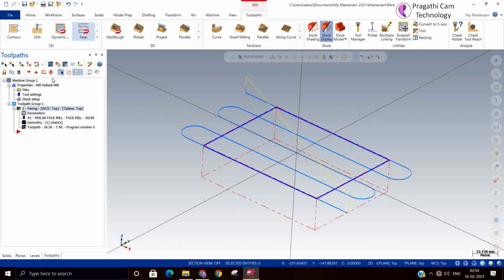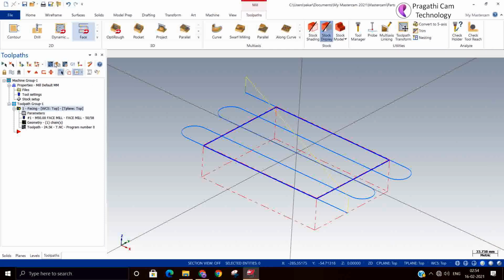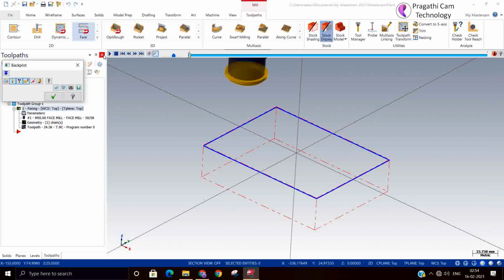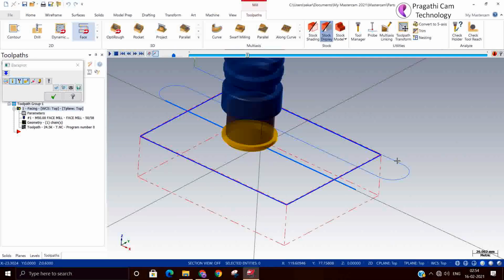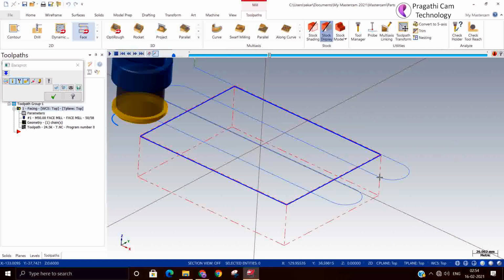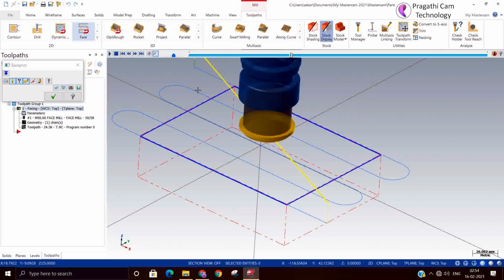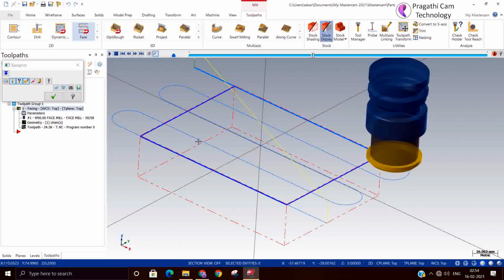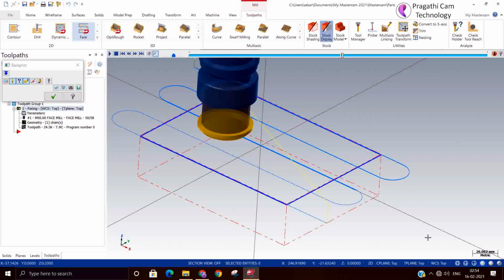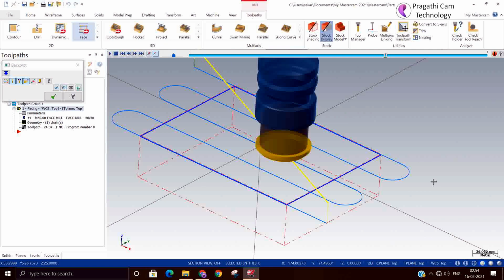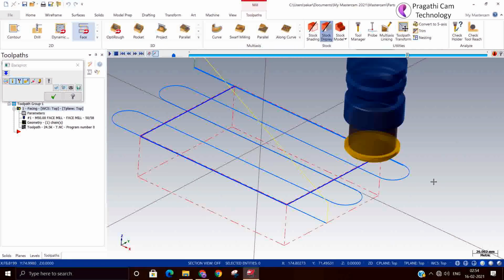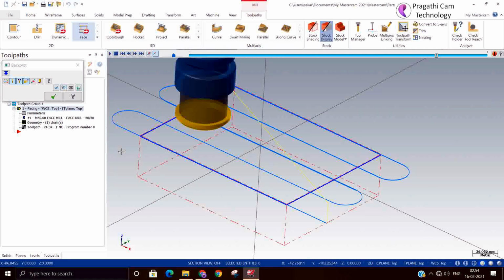Now you can see that the transition between the two passes is happening smoothly. Here when going from one pass to the next pass, the transition is a circular method. So there will not be any jerking motion in the machine. This is the advantage of the high speed loop.